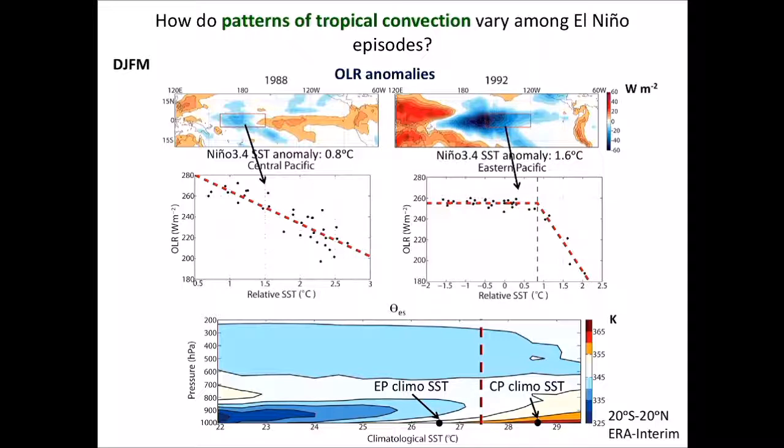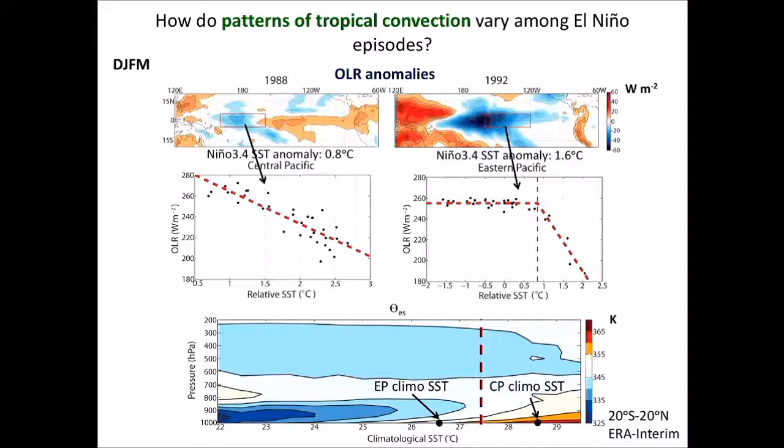And you can see the Eastern Pacific climatological SST is climatologically much colder than the Central Pacific. So you can see if you increase SST to 27, 27.2, it's still stable. So it's still not conducive to deep convection until we cross this threshold. And it's only after we cross this threshold that additional SST perturbations can help reduce perturbations in mean CAPE and